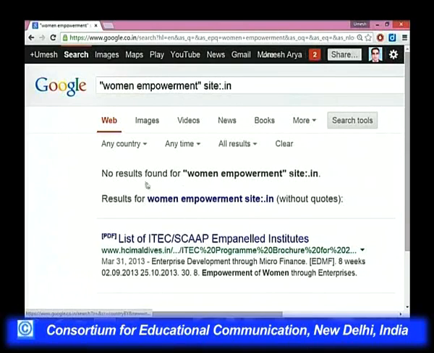Then it will show that there is no document, and you can replace this by .pk like Pakistan, .au Australia, and this way you can conduct a research study of the comparative analysis of the women empowerment issues across different domain names. So, it gives you a good piece of information and analysis.